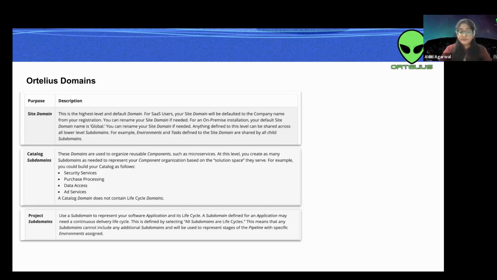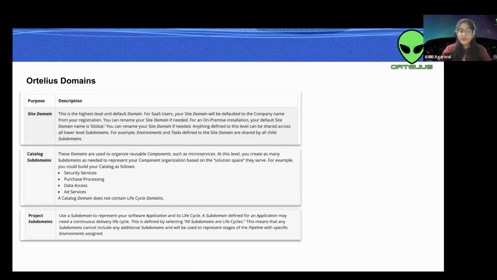Project subdomain also serves as the parent domain for our lifecycle domain. A subdomain defined for any application may need a continuous delivery lifecycle. Whenever we create any software application, that software application will have its own lifecycle. From the time it is created, from the time it is being tested, from the time it is being deployed, and any versioning if it has to be there, everything is included in that continuous delivery life cycle. So